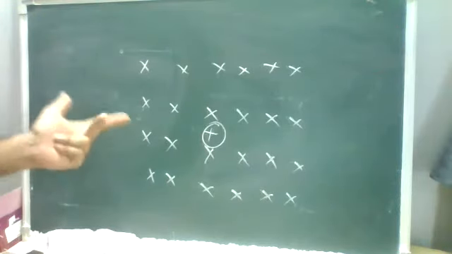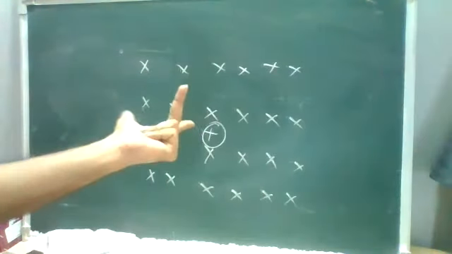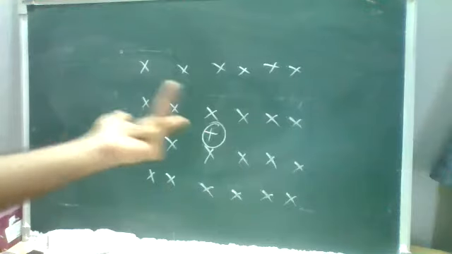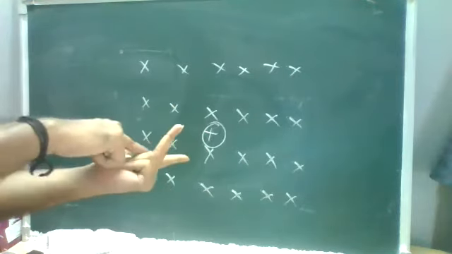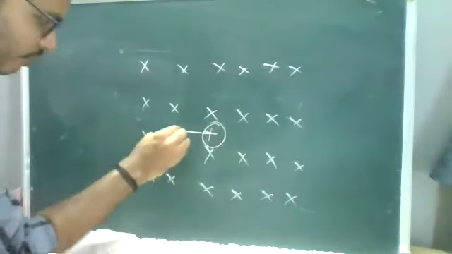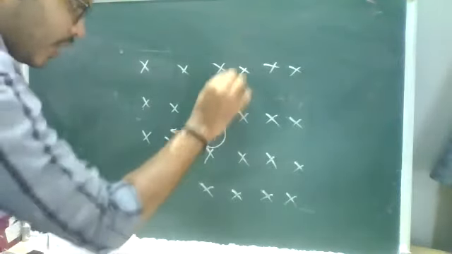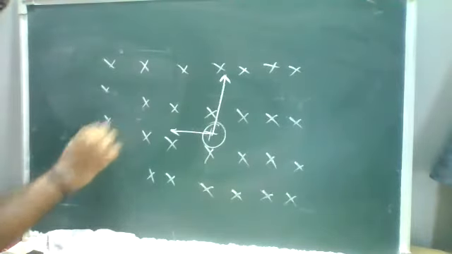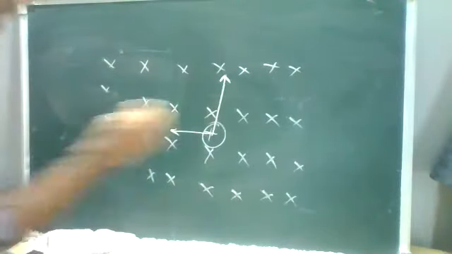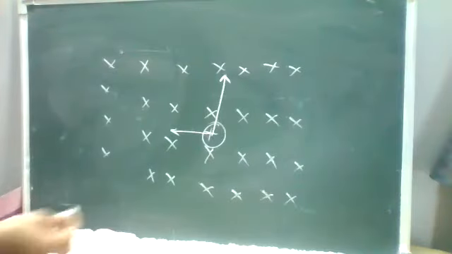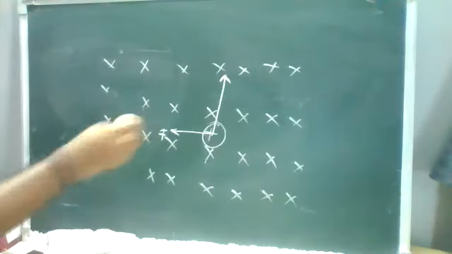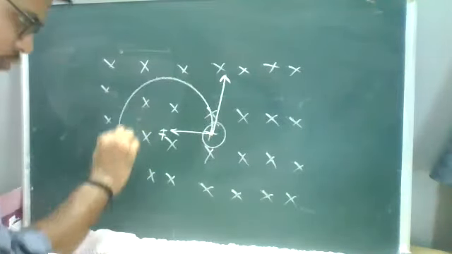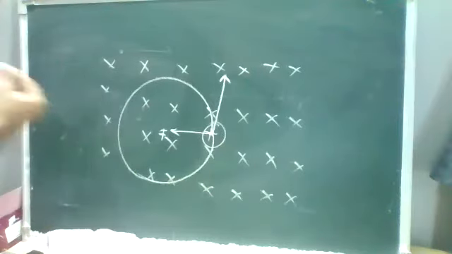So if you see that the magnetic field lines are entering inside, the velocity will be in the upward direction and the force will be acting like this. So it gains some force, perpendicular to the velocity. When you place this charge inside the magnetic field, because of the force acting towards the center, it will try to travel in a circular form. So it will try to travel in circular motion.